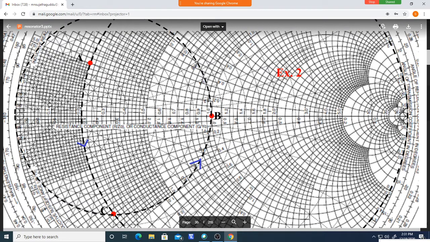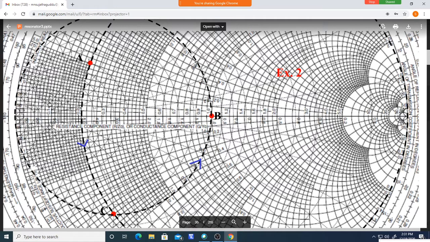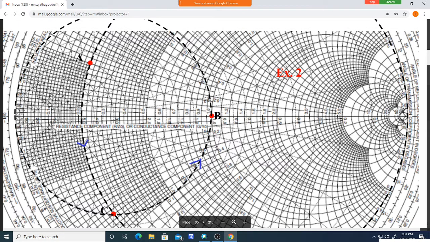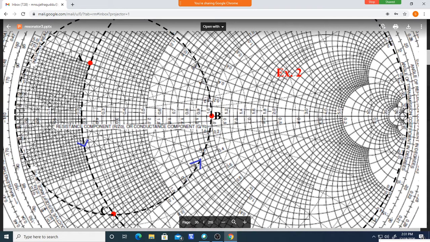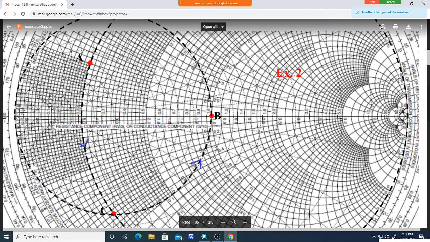So in this particular solution, I moved in the anti-clockwise direction first. Instead of moving anti-clockwise, I can get a solution moving clockwise also. But I did the anti-clockwise movement like this. From here, you move like this, and moving like that, you reach the G is equal to one circle here. So it adds some element. You identify which element it adds.